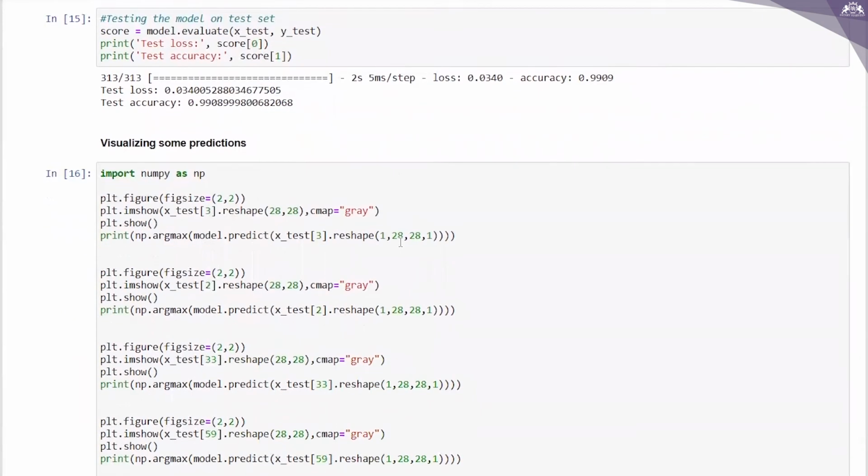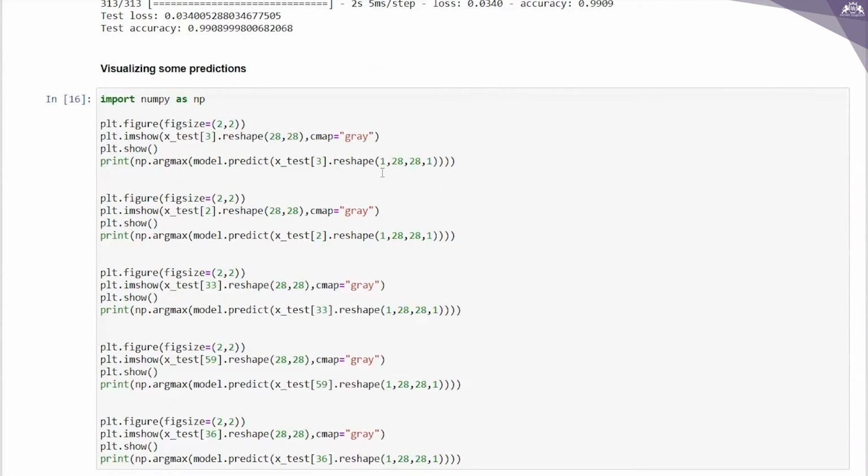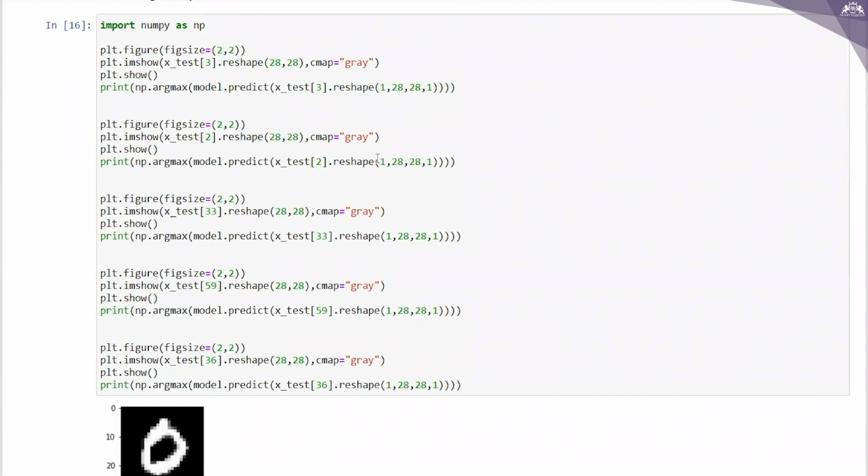In case I want to visualize some predictions, I'm importing NumPy. Whenever calculations are required, I have to use NumPy, and then plt.figure, figure size, and imshow, and then plt.show. I'm giving the reshape function over here. The color map I'm using is gray.